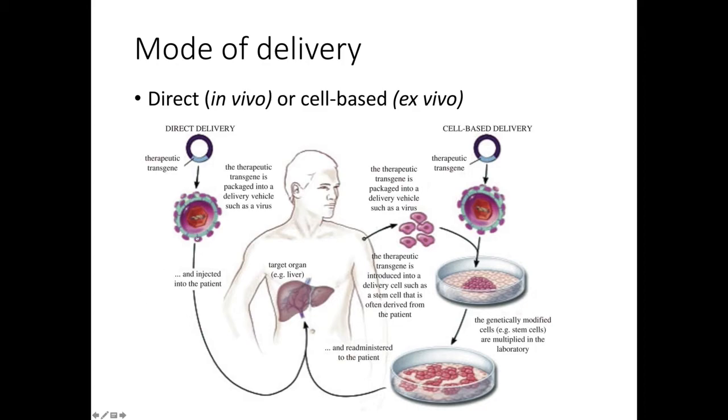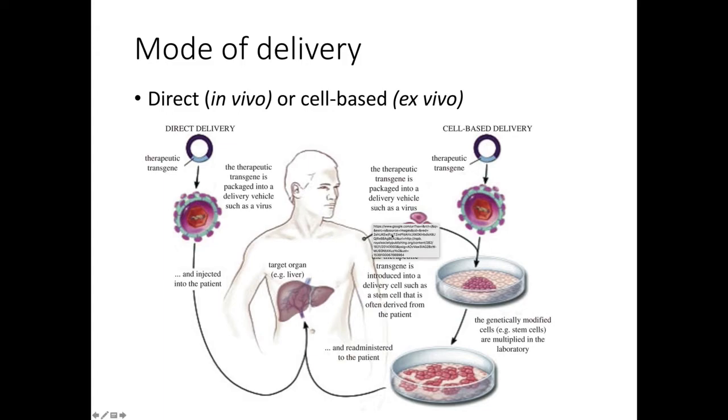You have to make millions and millions of these particles, but if you put your DNA sequence that you want in there, the virus will deliver that if it gets injected, perhaps into the liver. So you have to make sure that the virus has a way of basically targeting the tissues that are of interest. Another thing that one can do is something called cell-based delivery,